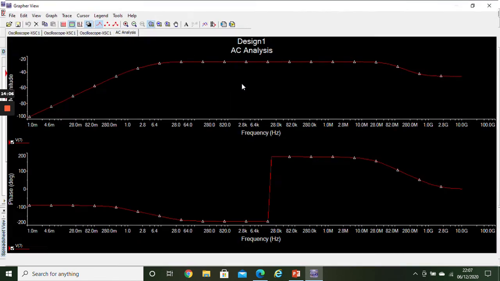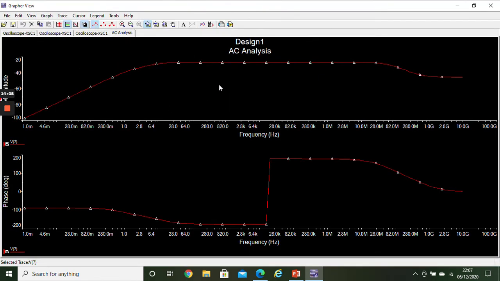So let's simulate it. There are two set of responses. This is your amplitude for your frequency response, this is the phase for your frequency response. Normally जब आप gain को study करते हैं, this amplitude is the actual response which is normally shown in your books, ठीक है, या आप अपनी theory में cover करेंगे, and it's in decibel, ठीक है। If you want to add this graph in your copies as well, ठीक है।